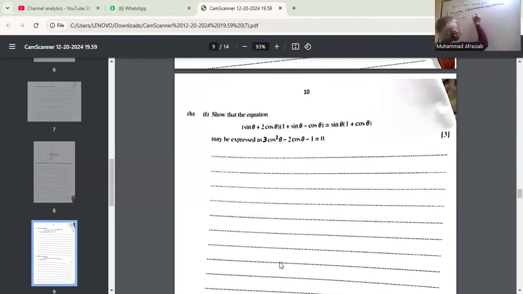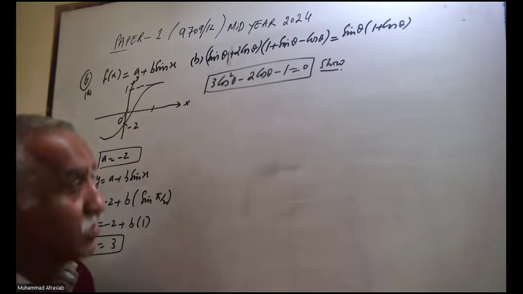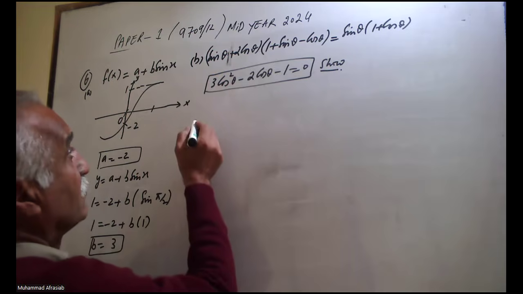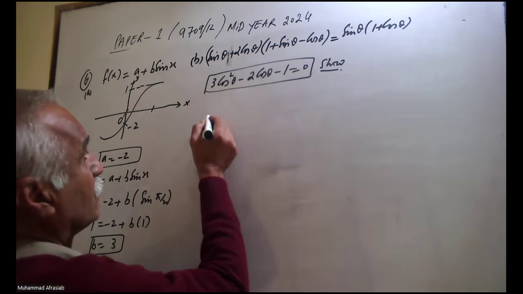And you have to express this in the form 3 cos square theta minus 2 cos theta minus 1. You have to show this part. Now, let's take this B part. Multiplication, simple. So it should be equal to